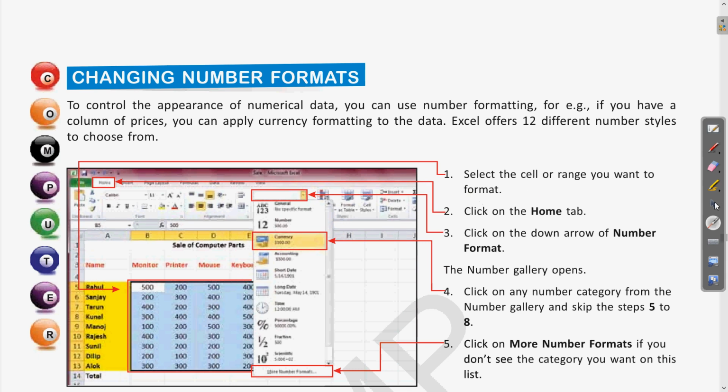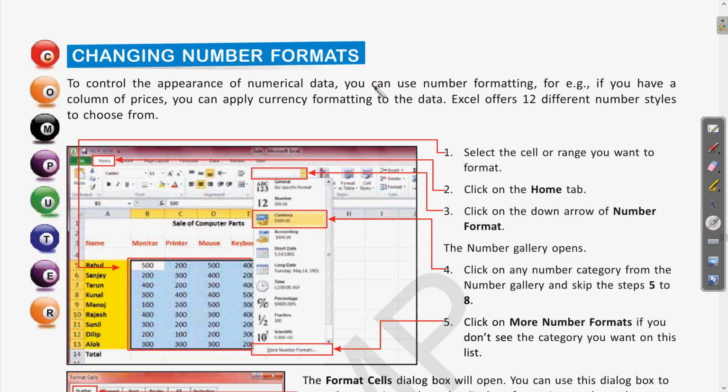So these are the different number formattings which we can apply for the numerical values which we are saving here. Now let us see what all the different number formats we can do. So to control the appearance of numerical data, you can use number formatting. For example, if you have a column of price, you can apply currency formatting to the data. Excel offers 12 different number styles.